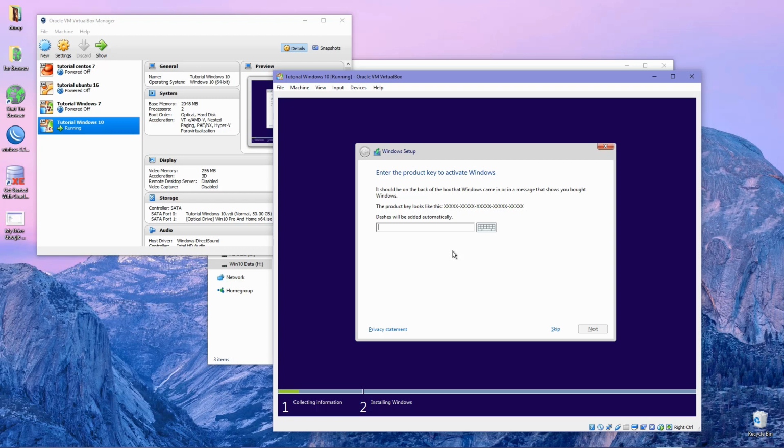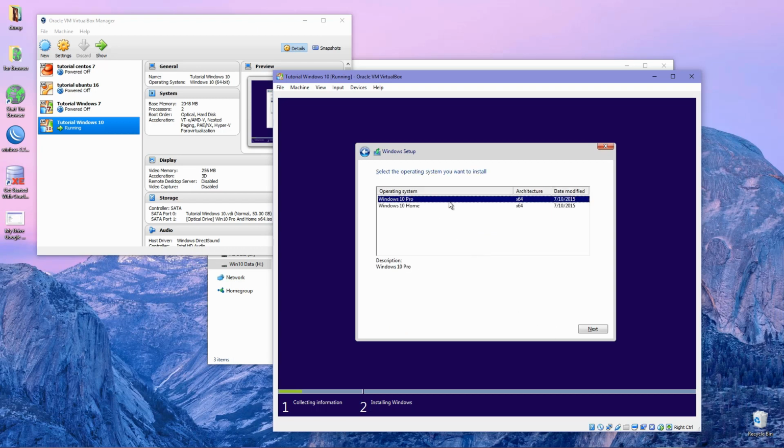So in this tutorial I will skip inputting the product key, and later I will show you how to input your product key when you can connect to internet or after you install the network driver. So in this step I skip,